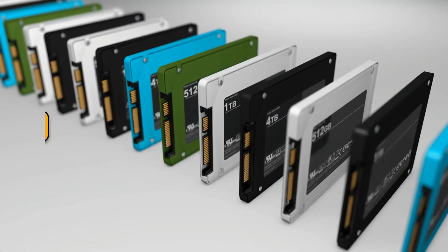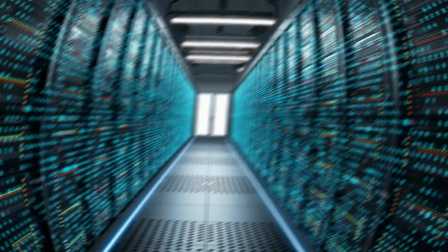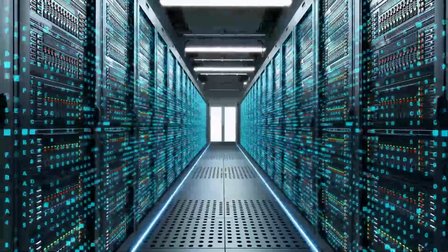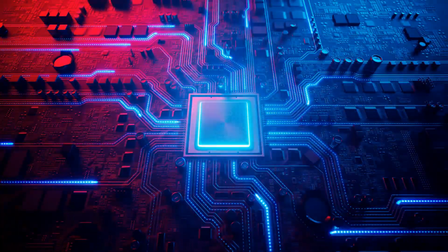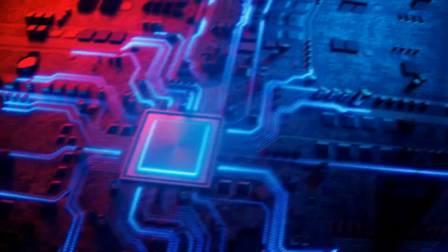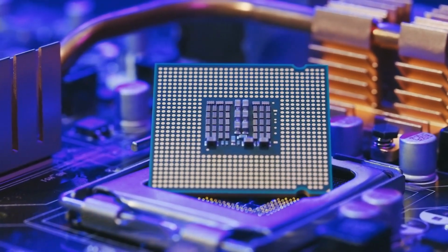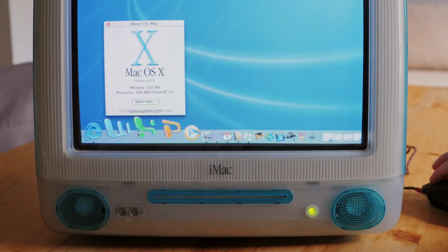Boast gargantuan 1.5 terabyte ultra-speed, solid-state drive capacities. This figure represents disk space an impossible 1.5 million times greater than those machines of less than 50 years ago. And when rated by pure processing power, the Mac Pro's bleeding-edge 12-core central processor boasts synthetic benchmark horsepower scores nearly 240 times faster than even the original pioneering Apple Macintosh desktop computer from just over 3 decades ago, introduced